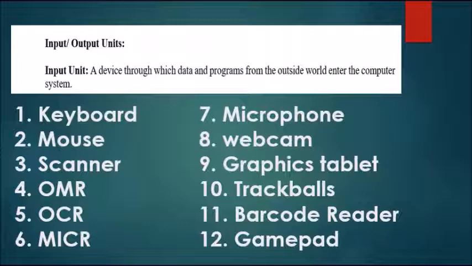Number 11, barcode reader. It is used to read the barcode of various items and feed them to the computer. Last, we have gamepad. It is also known as joypad and it is basically the input controller for video games. This is basically used to play video games and control them.